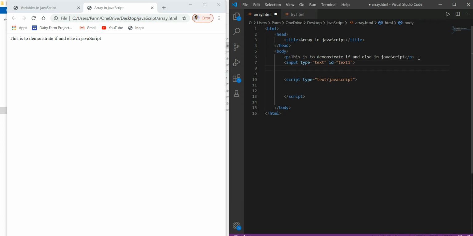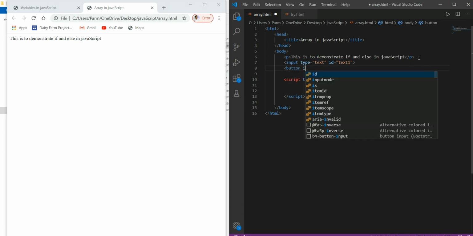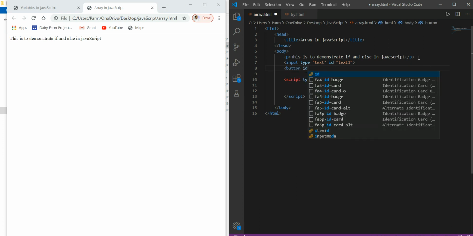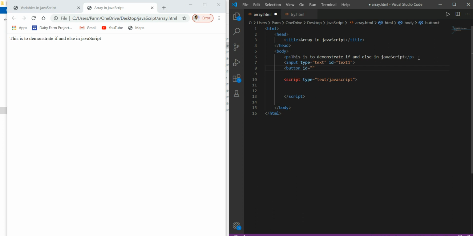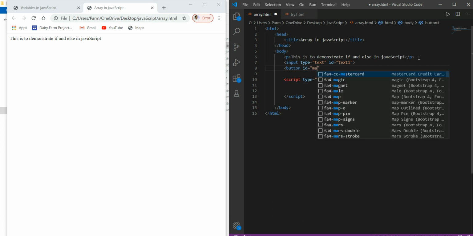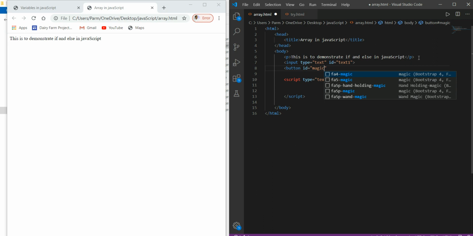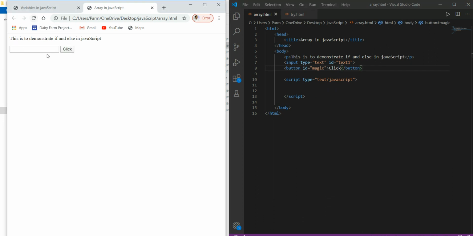Now we take another button, and to this I give id equal to, say, magic. Control S, and save this. Okay, we got it here.